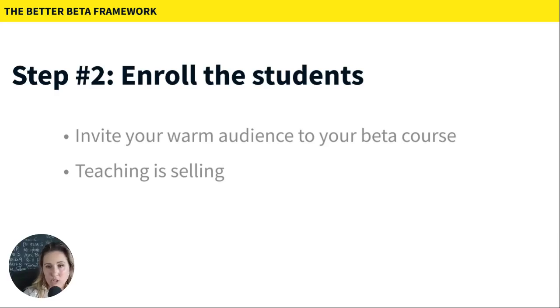So most people don't do this. They get really hung up on the selling. They get hung up on, what if no one buys? And like I said with the mistakes, they focus on the fear, on things that don't matter. If all the energy is on getting people in, then you have no energy left over for your students. So the enroll phase is really important because the mindset shift is, I can't wait to serve these people. We also talk about this in Build a Better Beta in the community.